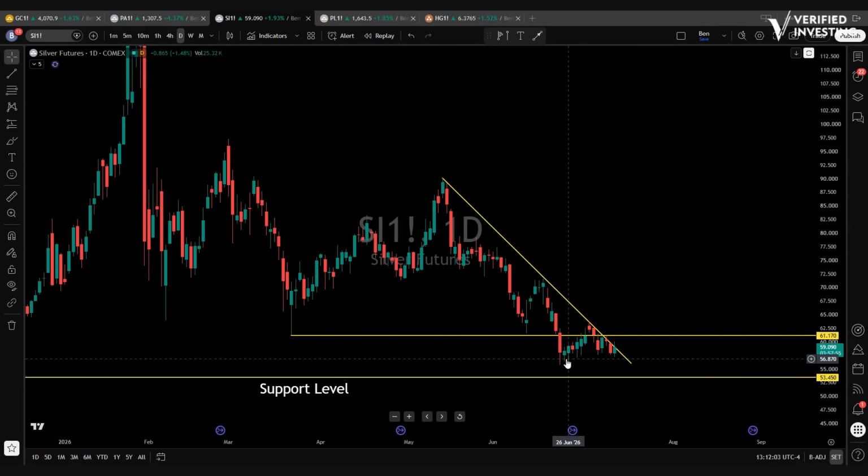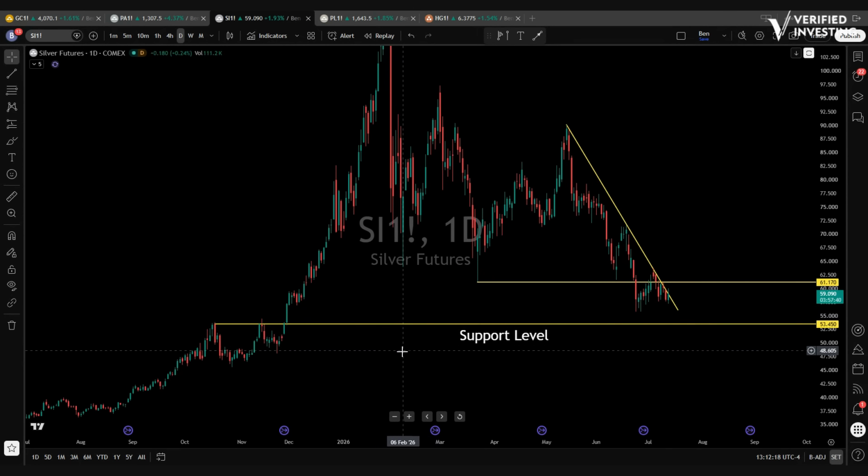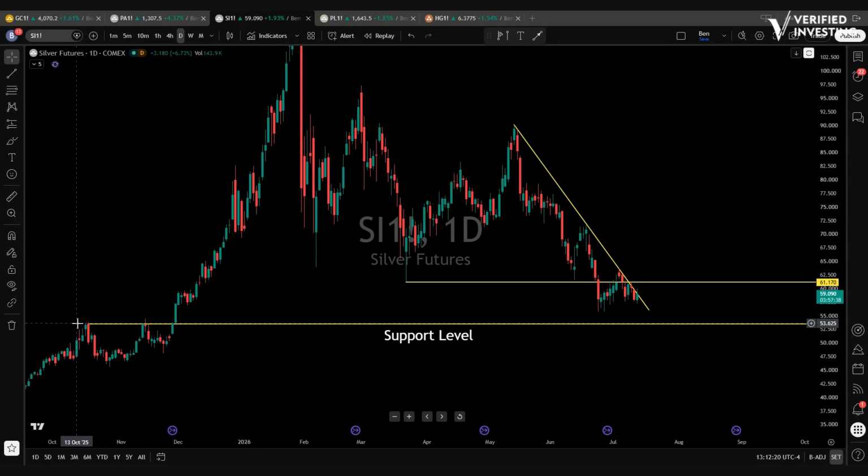So a couple of different things need to happen. First off, the downsloping trend line needs a break. Then we need to recapture 61.17 on SL1. Then all of a sudden we can start breaking out. On the downside, there's a major support level on silver futures. Pivot low here, pivot high here, secondary hit. We haven't come back in and retested it after we made this breakout with continuation move at